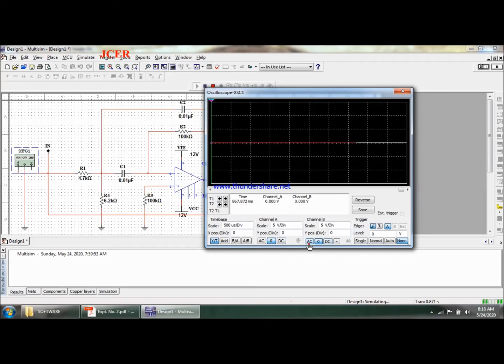And if I make my output 0 to see what my input is, then I can say this is my input signal. If I want to see both of them, I'll place both on AC on channel A and channel B, so that I can view my input as well as the output. I am able to witness over here that my signal is getting amplified, but I want a frequency response. My intention is to get a frequency response.